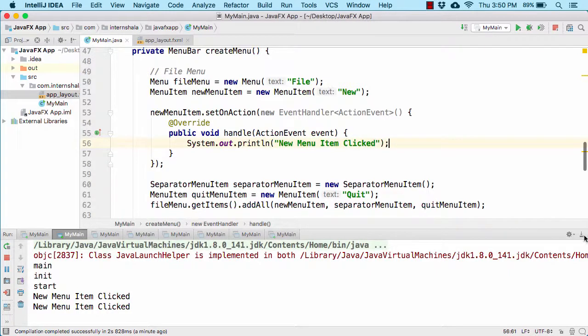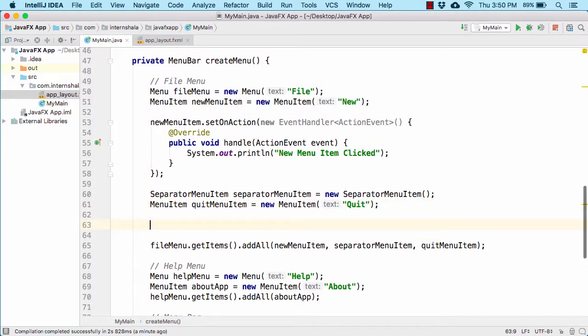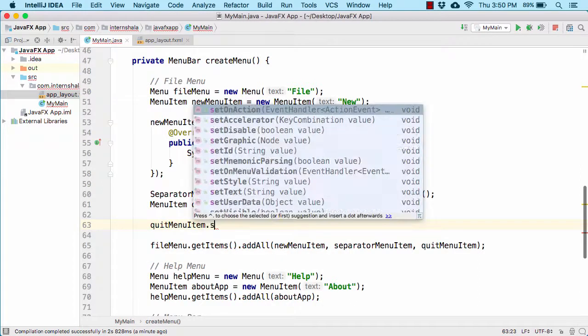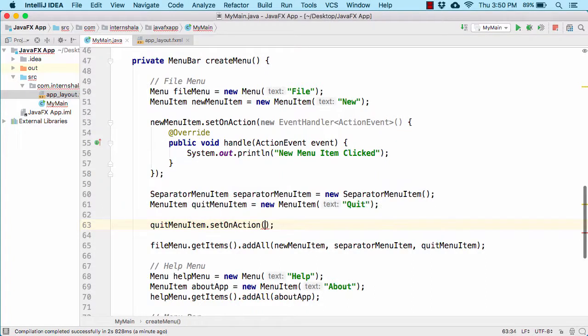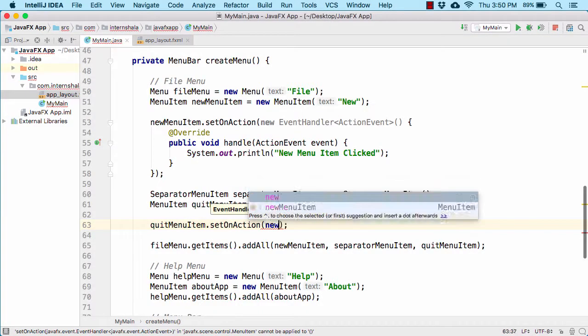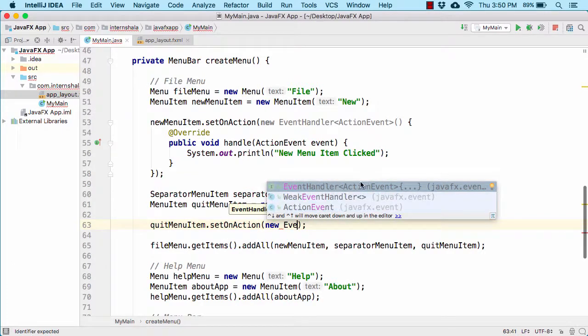And now let us implement our functionality on our quit menu item. So what should happen when the user clicks on the quit menu item? So for that again, let us use quit menu item dot set on action. Now remember, this is the syntax. Use set on action method and then use the new keyword followed by event handler. Once you type it, you will get this option. Simply select it